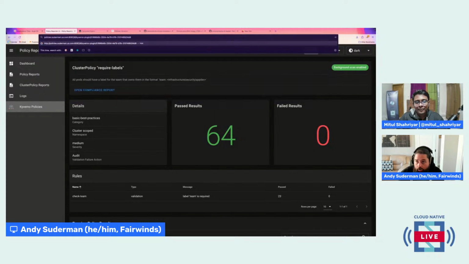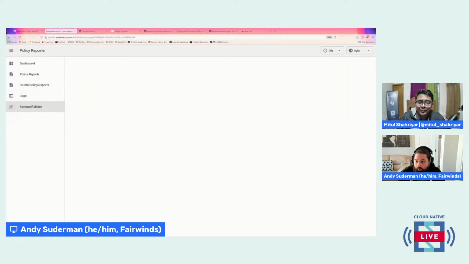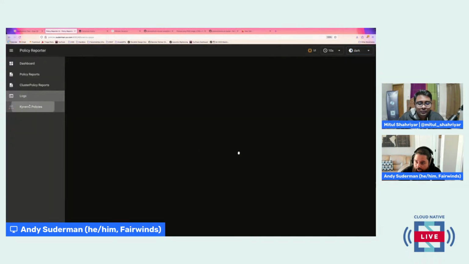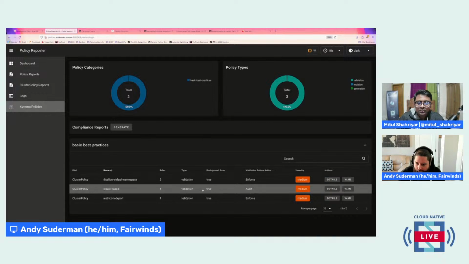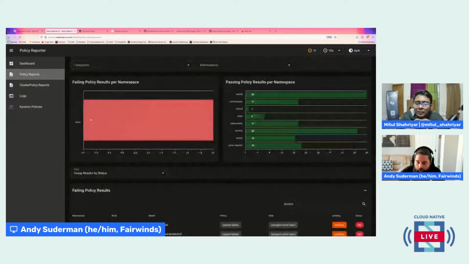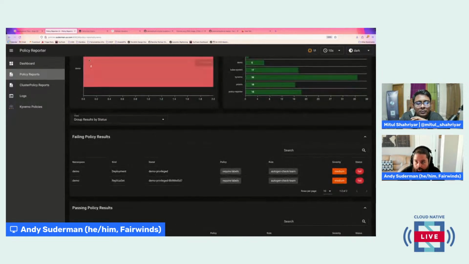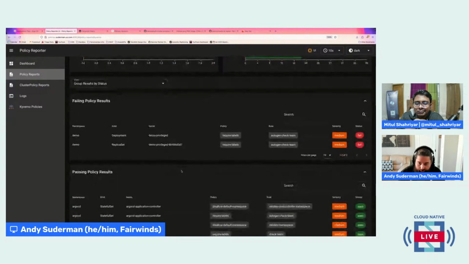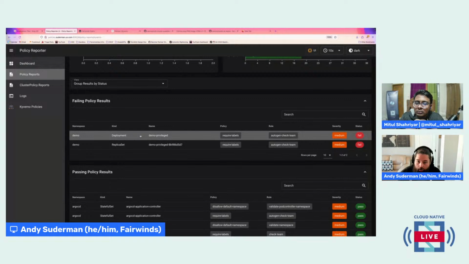Although if we go look at the EU cluster and we go back to dark mode, we might have something failing. I'm not sure if we do or not. We do. So I deployed those things into the demo namespace earlier, and we see now in this cluster where I've gone to the EU cluster that I've been deploying into, we see our failing checks here for requiring the team label.